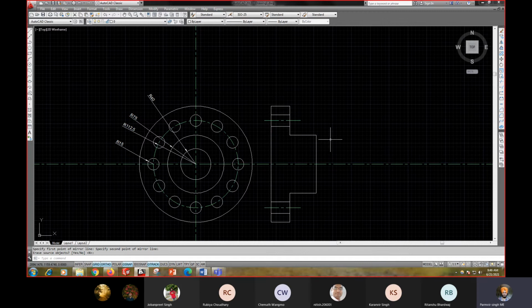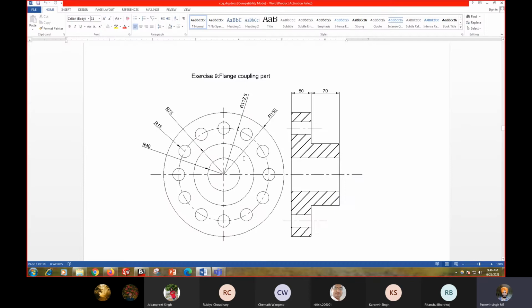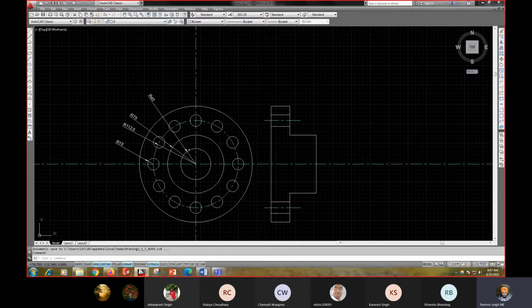Now you can see your portion of the circle is created. One portion is remaining. You have to draw this circle also. So I have to create the circle. I take the projection of this circle quadrant.